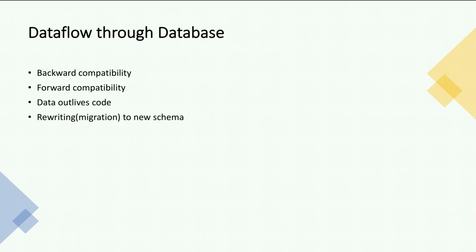So rewriting or migrating the data into the new schema is certainly possible, but it's an expensive thing to do on a large data set, and so most of the databases avoid it if it is possible. So schema evolution thus allows the entire database to appear as if it was encoded with a single schema, even though the underlying storage may contain records encoded with various historical versions of the schema.